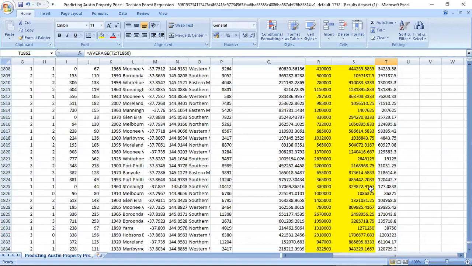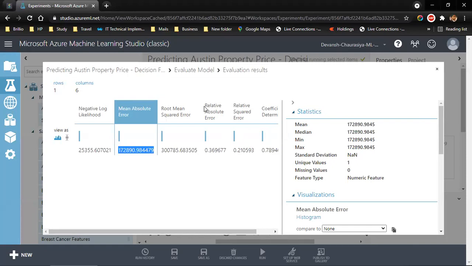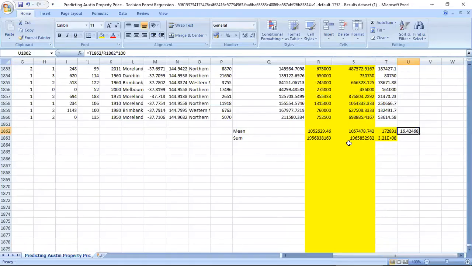So how much deviation do we have? I can take this divided by the mean of this, which gives 16%. So with a deviation of 16%, we are predicting our prices. And if we look at the relative absolute error,